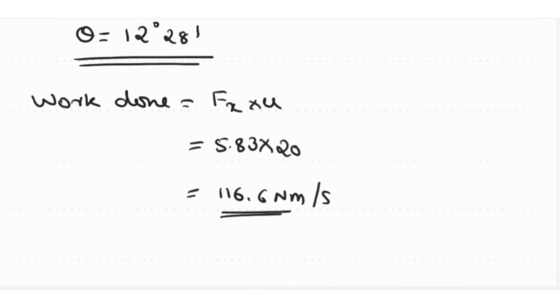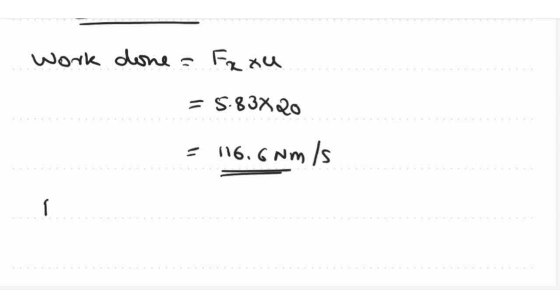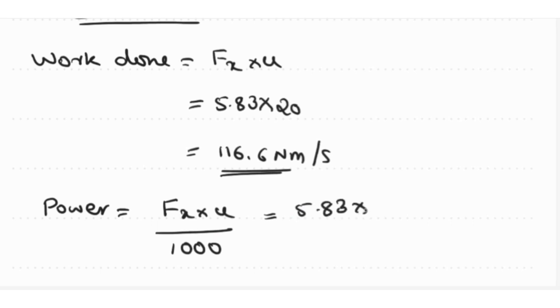So the last question is power. So power is equal to Fx into u divided by 1000. So that is 5.83 into 20 divided by 1000. So the answer is